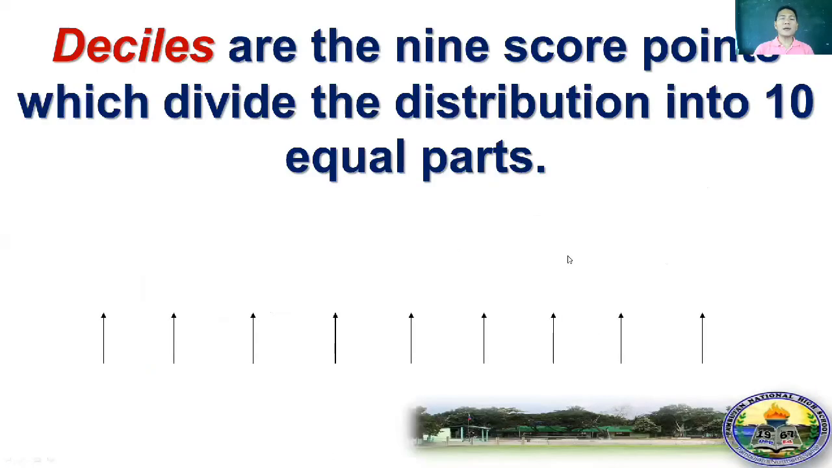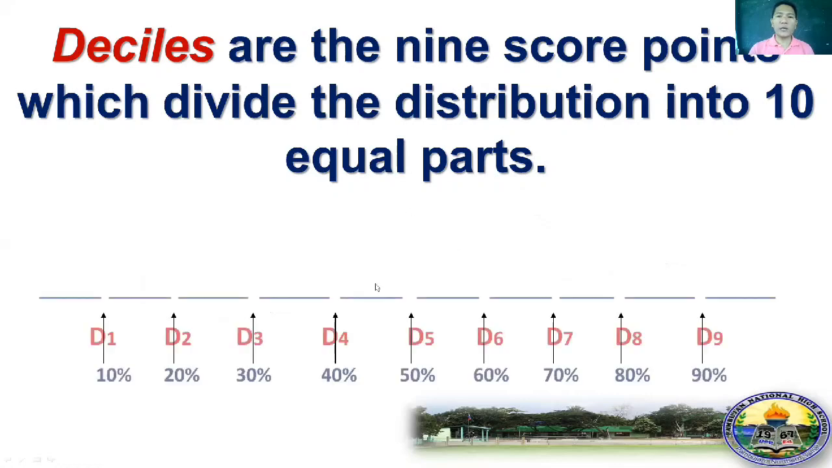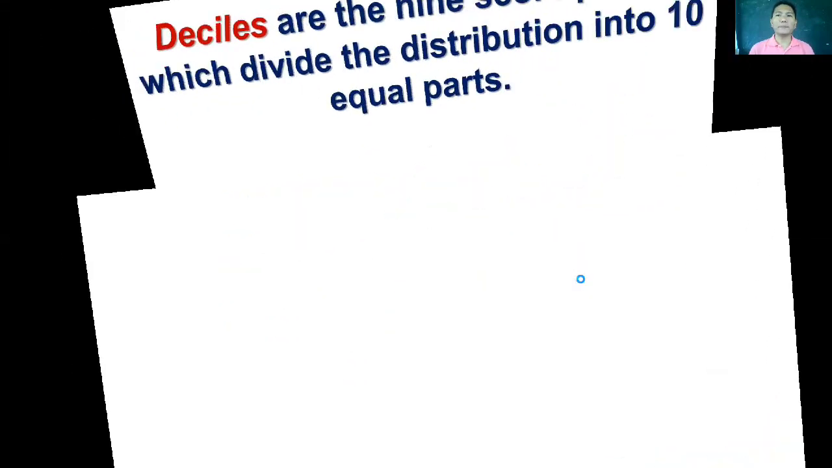All right, next, let's proceed to deciles. Remember, class, that the deciles are the 9 score points which divide the distribution into 10 equal parts. So this is how we illustrate deciles. From decile 1 to decile 9, and decile 1 represents 10% of the distribution, and so on. So for example,